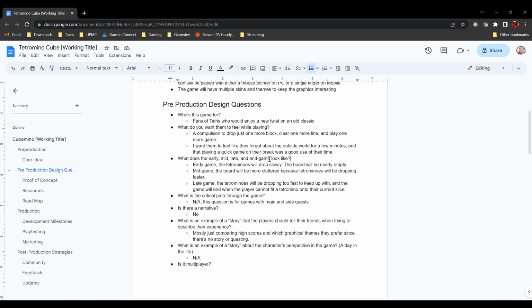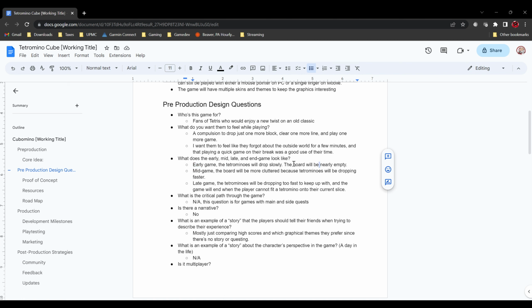All right, so what does the early, mid, and late game look like? This is going to be fairly simplistic. This question was meant for more complex games with storylines and complex mechanics that evolve over time to keep the player interested. Not so much puzzle games, but it still somewhat applies because I'm thinking, early game, it's going to drop slowly.